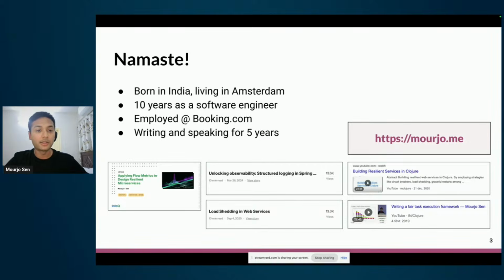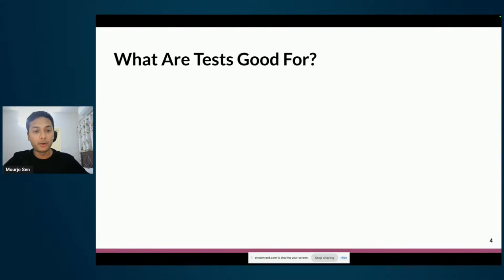I start with that because I really felt that during my career. The question that I stumbled upon, around 2 or 3 years into my career, is: what are tests good for? What are tests in software good for? Because for a long time, I thought that the tests that we write were really good for finding bugs. And after a very public or visible bug happened in production on my watch, and it wasn't a very nice situation to be in, although all the tests worked, I started realizing that maybe tests are not very good at finding bugs.